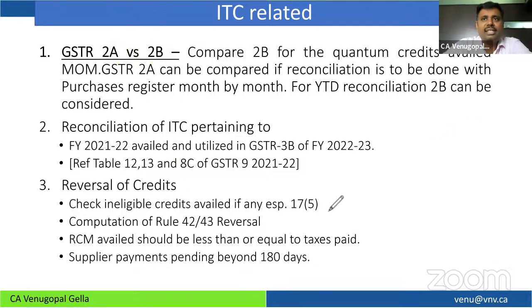We have section 17 subsection 5, which is a much-discussed section, which says these kinds of credits, even though used for the business, are blocked. For example, I have purchased a motor vehicle for the purpose of employees' transportation, not allowed. I have constructed a factory building, not allowed. Taken a medical insurance for employees, not allowed. I have taken my staff out, team outing and had a good food celebration, not allowed. Likewise, there are many credits which have been blocked. You are not supposed to take those credits. Please check if you have taken any of the credits, even if it is there in 2B,